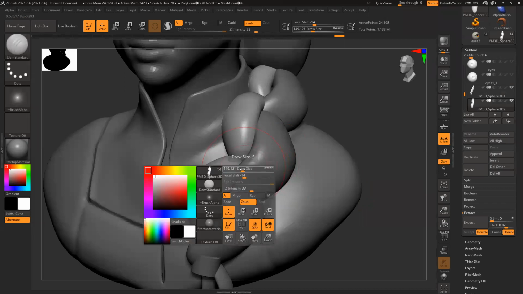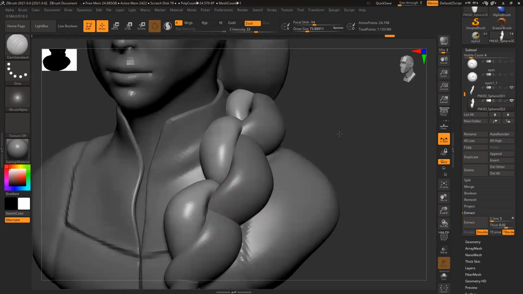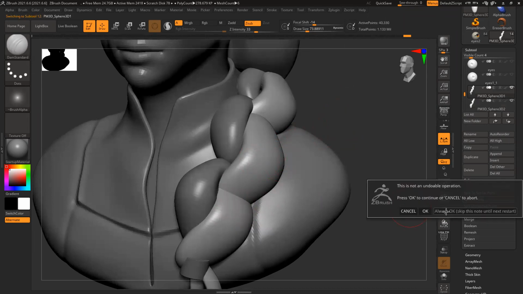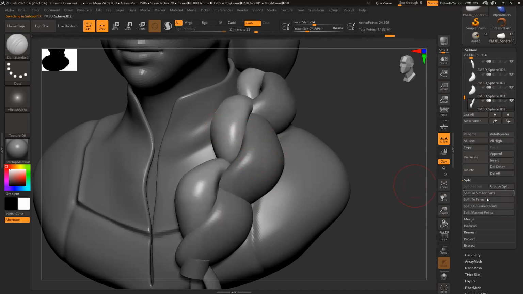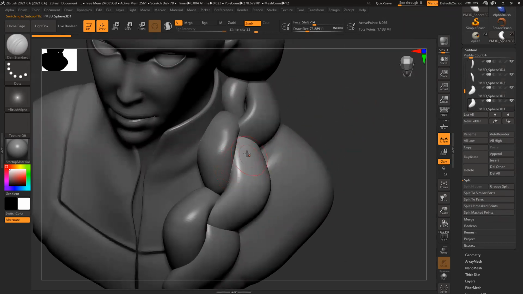BDS time standard. Now let's create the overlapping. This one goes inside here. So let's separate them, split two parts. This also split two parts. So I can work on each and every one very easily. So here, this one goes under this.